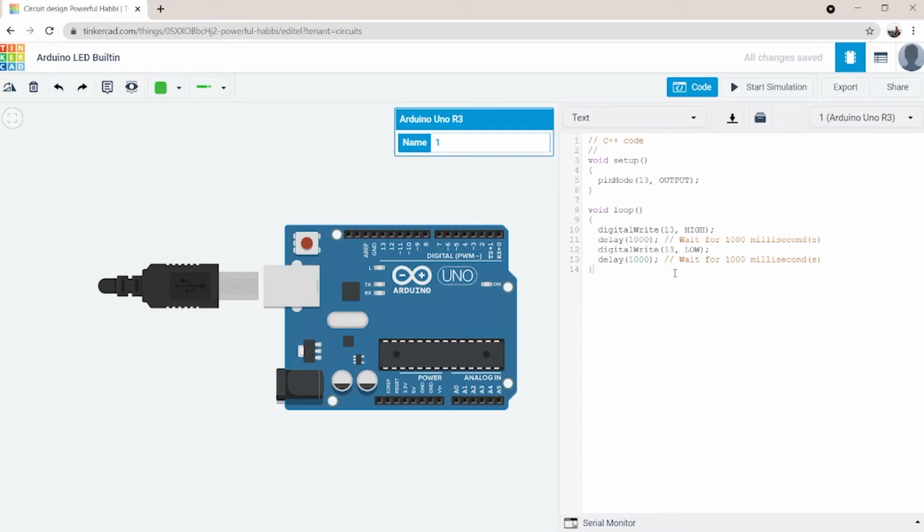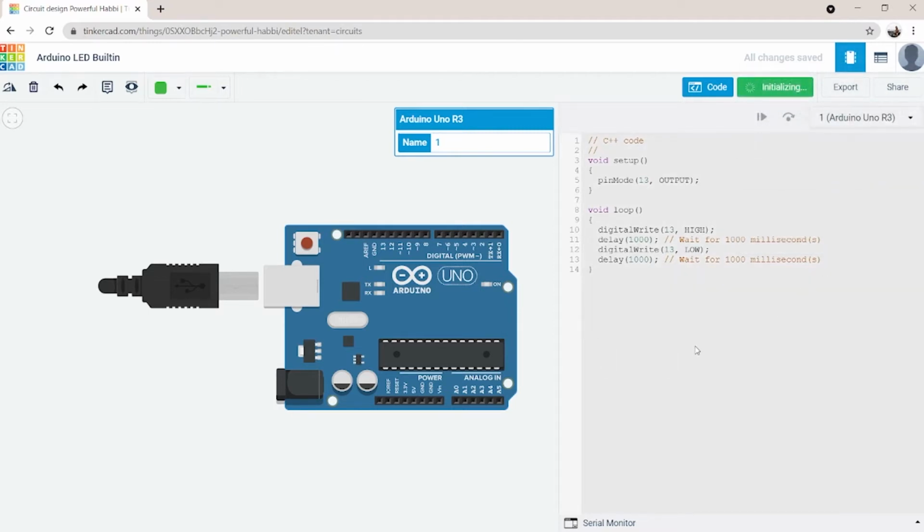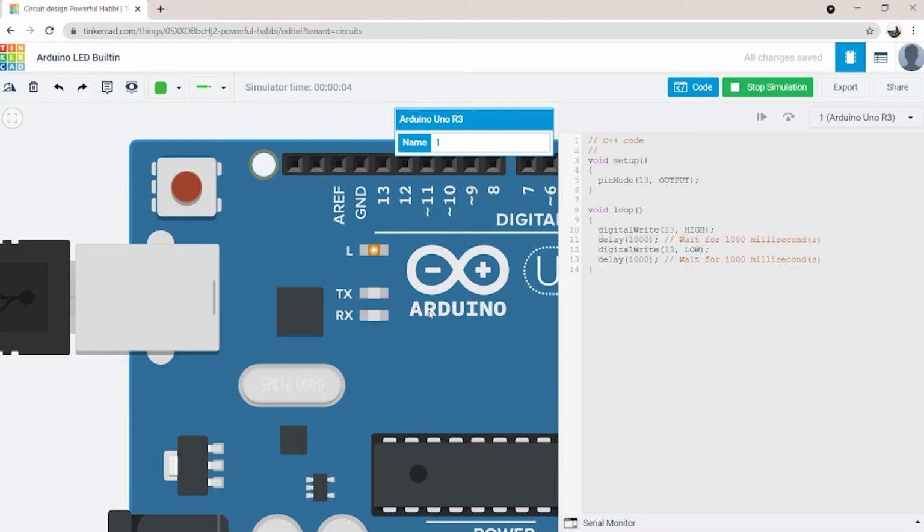Now the digitalWrite function given parameters 13 and LOW sets pin number 13 on logic level low, that is 0 volts. Again, delay function with parameter 1000 will hold the Arduino on this line for 1000 milliseconds, that is 1 second. So the built-in LED will be kept on logic low for 1 second. We hit the start button. The code works fine and the built-in LED is on for 1 second and off for 1 second.